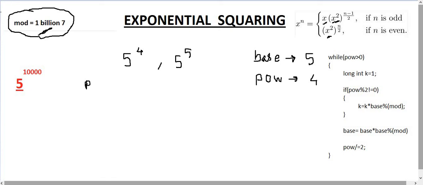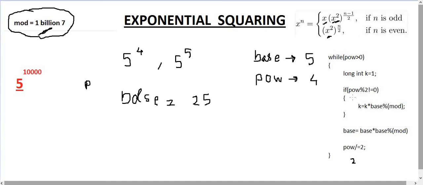Mod is our big number, so dividing by it won't matter, we get the same number. So base would be 5 times 5, that is 25. And after that our power is still 4, so it will get here and become 2, and the while loop continues as power is greater than 0.